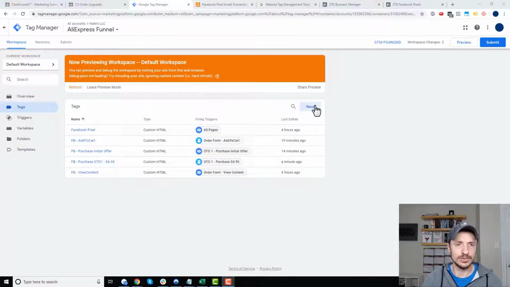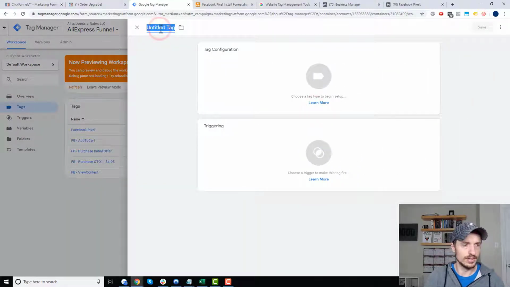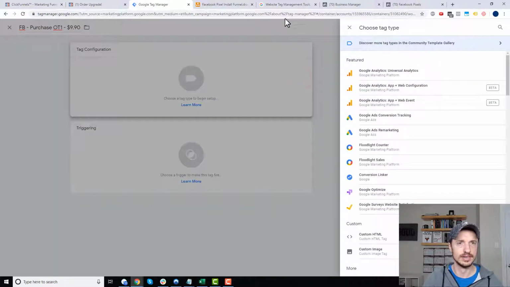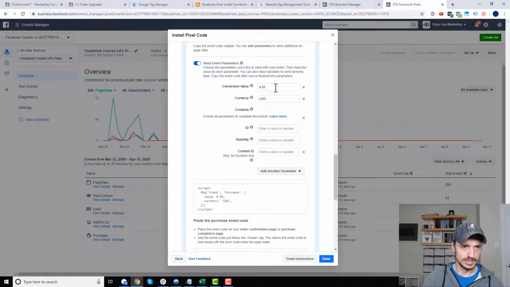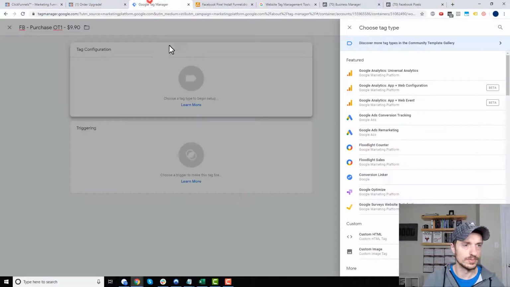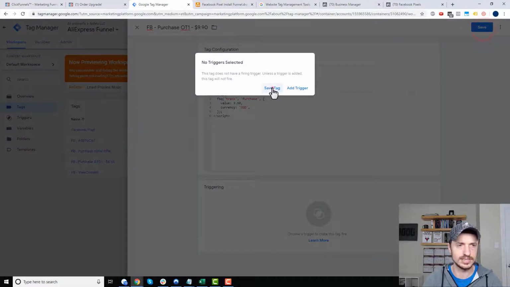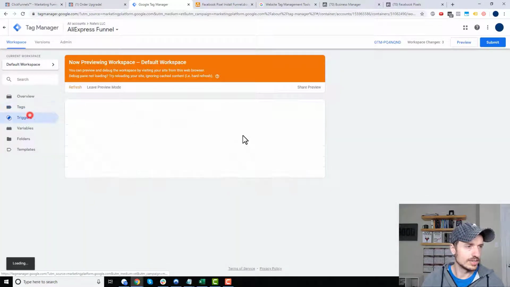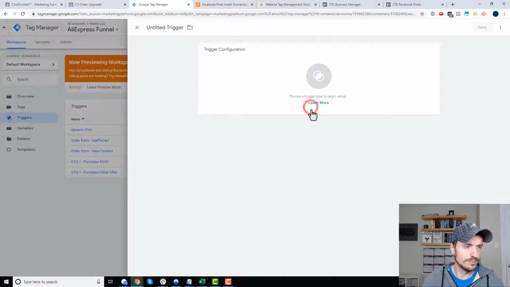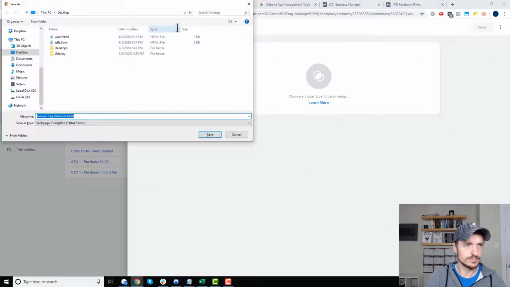So we got our OTO1, but the 990 option. So we'll do new, and then we'll do FB purchase OTO1 990. Tag configuration, conversion value 990, and copy this code, come to Google Tag Manager, custom HTML, paste it on in there, leave everything else default, save tag, and then triggers, and then new, and then we'll do